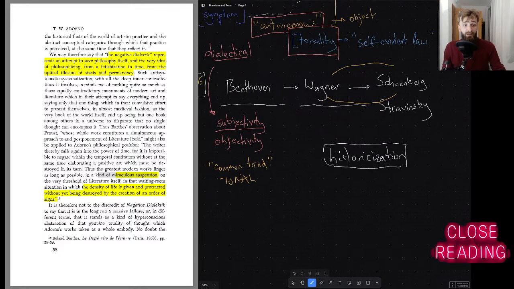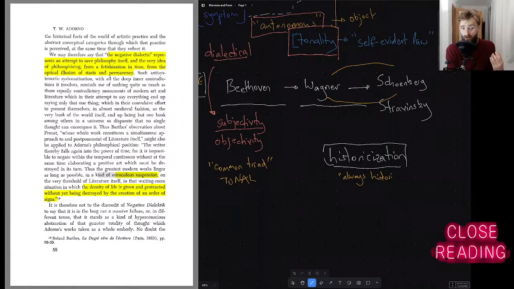this progression over here. Beethoven, Wagner, Schoenberg, and Stravinsky. Why do these still have value today if the structure of subjectivity has changed in the ways in which Jameson had said that it has, and therefore the resonance of these relationships to tonality and atonality have also changed? So why is it that there is still value in these works? This is the flip side of historicization in some sense, where I would interpret Jameson's